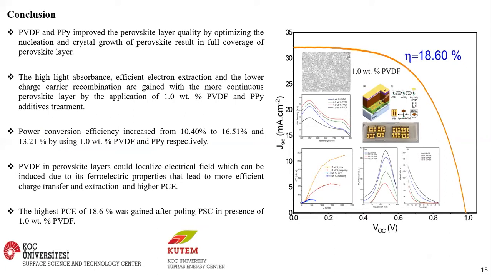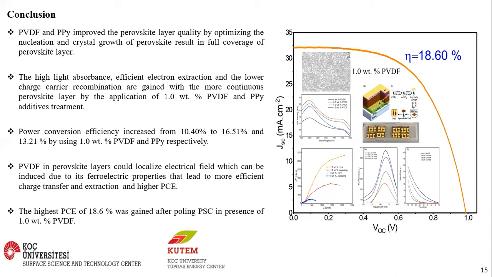To summarize, mixed halide perovskite solar cells were fabricated with varying weight percent of different polymer additives in the lead halide layer to modify perovskite layer morphology and charge carrier transport properties. Polypyrrole and PVDF improve the perovskite layer quality by optimizing nucleation and crystal growth of perovskite, resulting in a uniform layer with full coverage. In the presence of 1% PVDF and polypyrrole additives, high light absorbance, efficient electron extraction, and